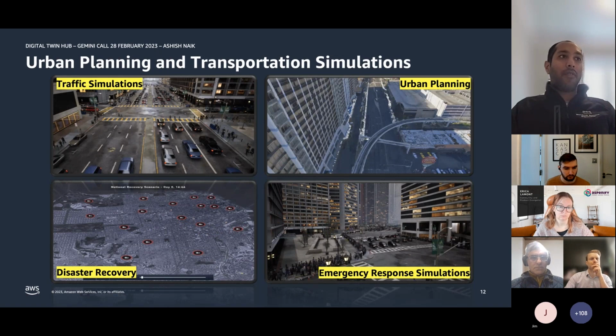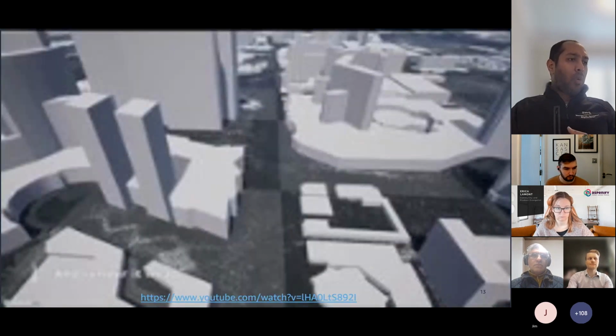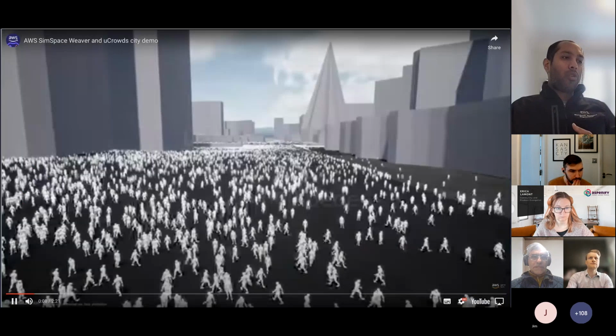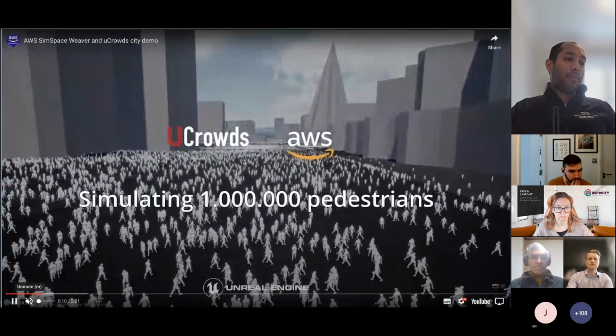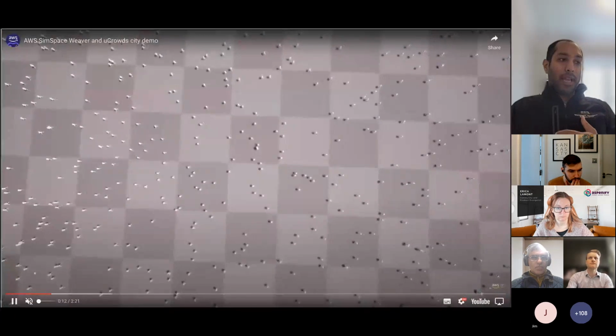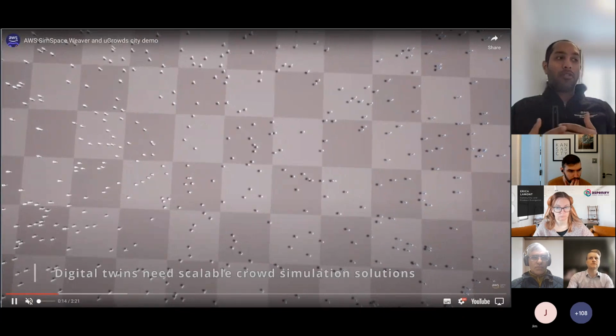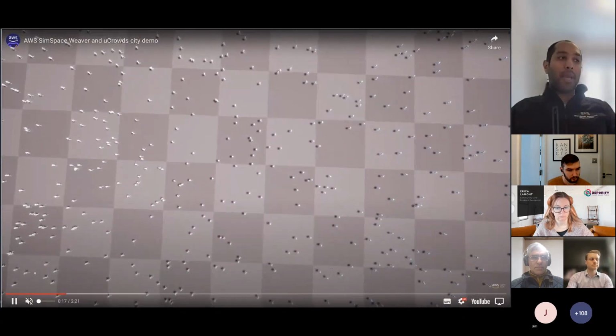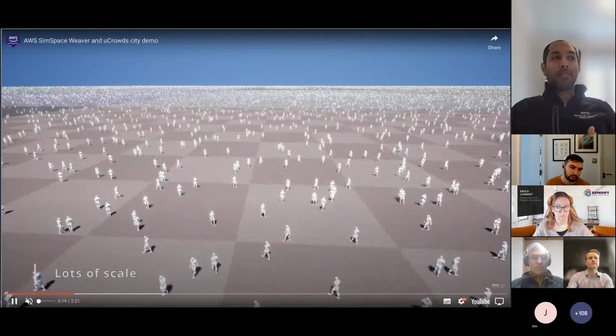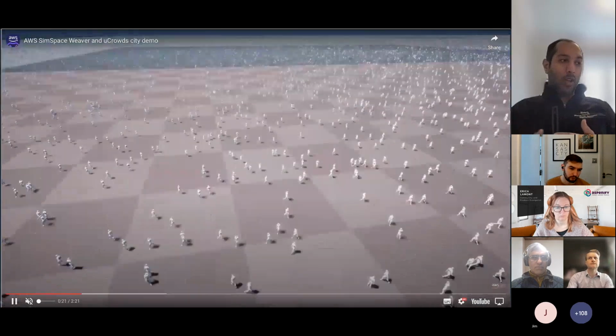And just a last quick example was one where we were trying to do large-scale city modeling, using simulation to see how over 1 million people would impact a particular city, in this case Las Vegas.